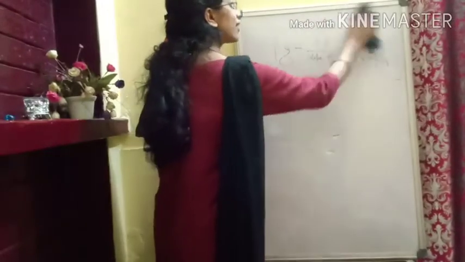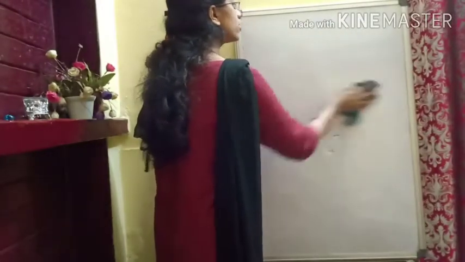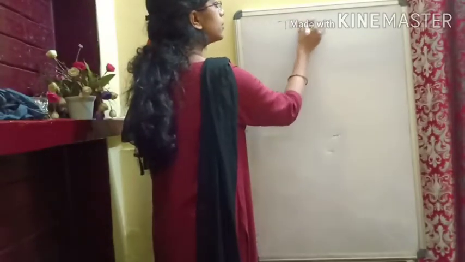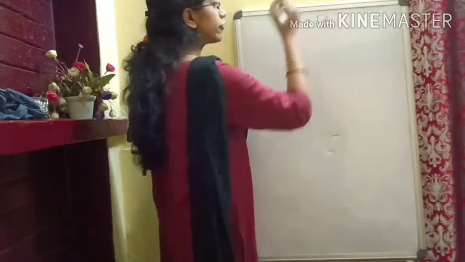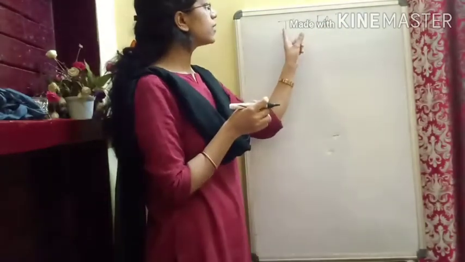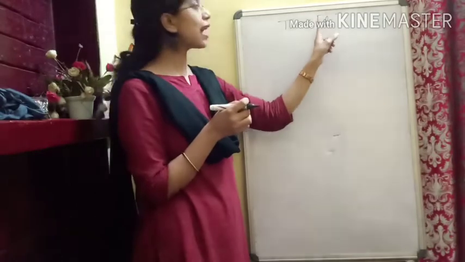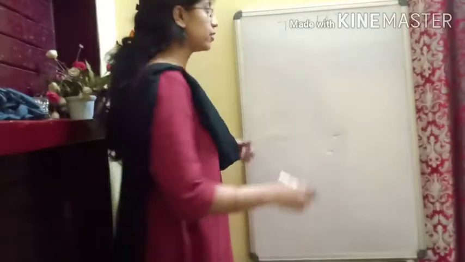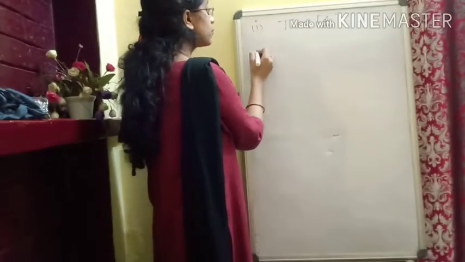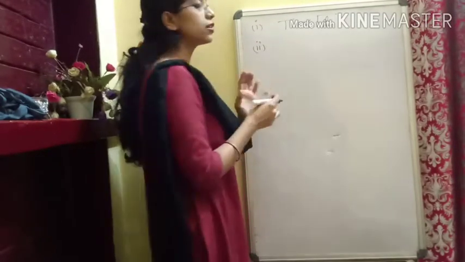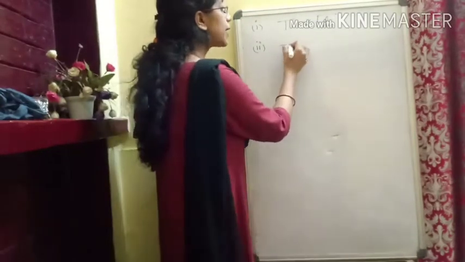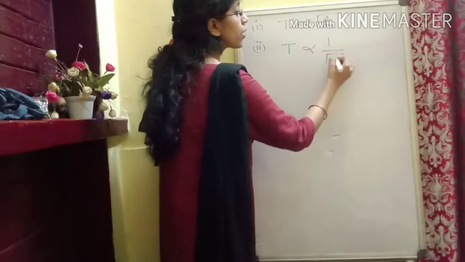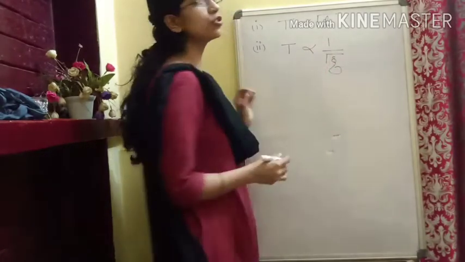The second thing is that we were actually on the idea of time period. So what we saw is that time period depends upon the square root of effective length. Clear? That time period is directly proportional to the square root of length. As effective length increases, time period will also increase. Also, the second point: experimentally it was seen that the time period is inversely proportional to the square root of acceleration due to gravity.